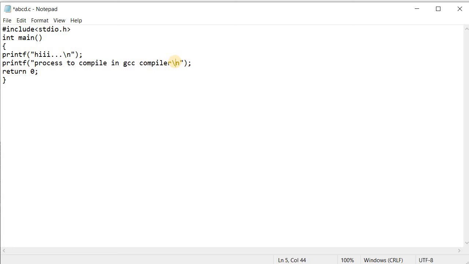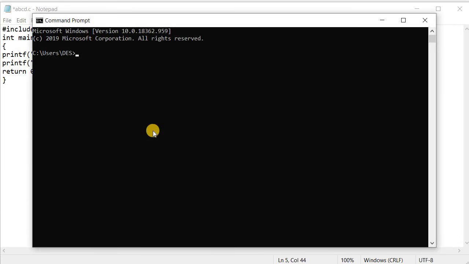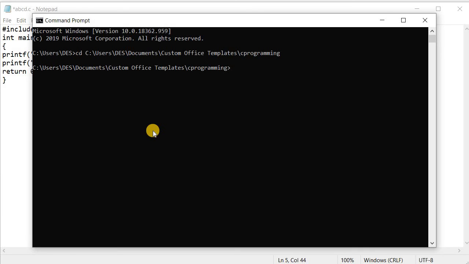Okay, now let us see how to save your program with a name of your choice. After compiling the program, we saw the file as a.exe, right? Now let us see how to create the .exe file with a name of your wish after compilation. For that, get into the command prompt and type cd space, Ctrl V, and then enter, and then gcc space abcd.c and then space.